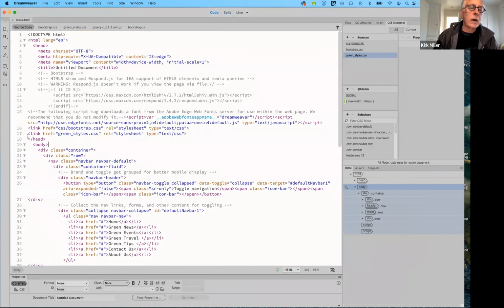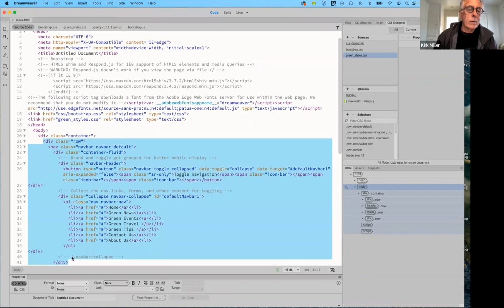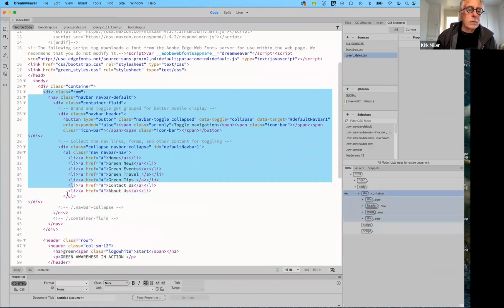There's the close of the head. Here's the opening of the body. Here's our container. Here's class row, and here's the nav bar. It goes from here where it says div class row all the way down to